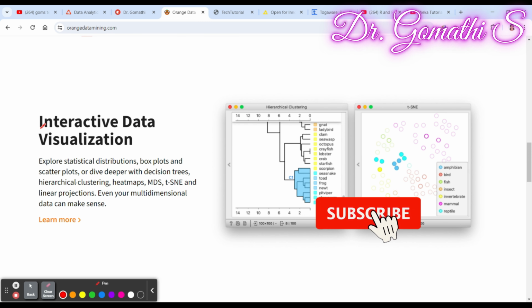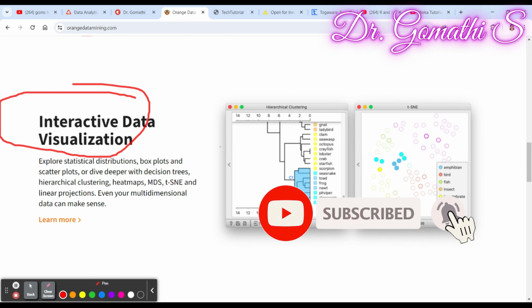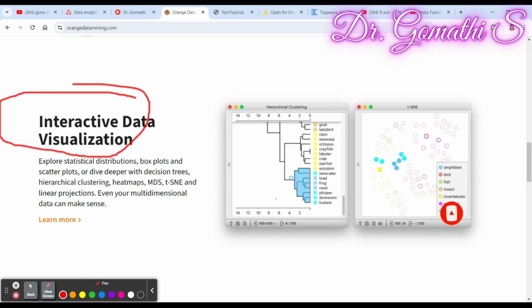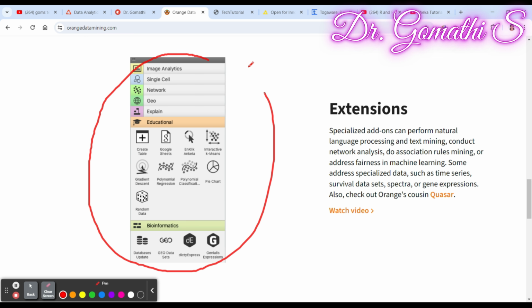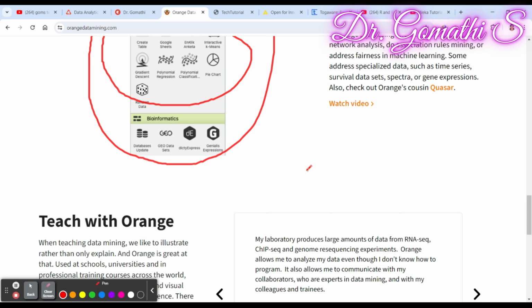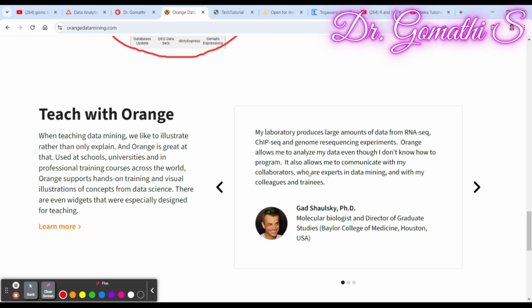This is visual programming and interactive data visualization. Everything is drag and drop; you just have to configure. If you want to analyze image, network, geo, or educational related data, there are extensions for that and more.